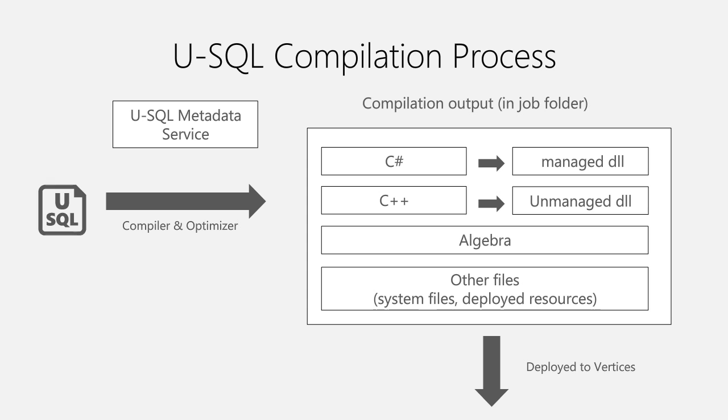And on top of that, Azure ADLA also creates unmanaged C++ code, right? So there's a reason why Microsoft does this. When Azure ADLA executes a query using just the C# managed DLL, there's a drop in the performance of the query processing. Microsoft compiled the same query into C++ unmanaged code, and when they executed the query against the unmanaged code, they could see somewhere between 10 to 20% improvement in the query processing. So that's why Microsoft converts first to C# and then to C++.